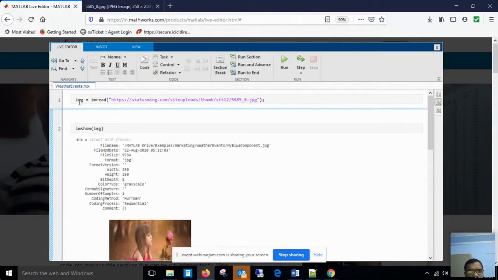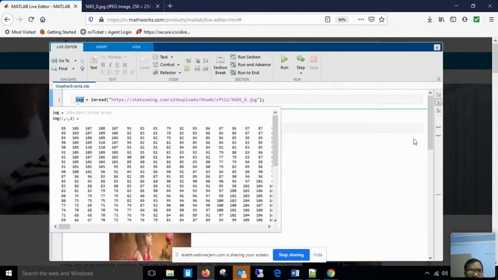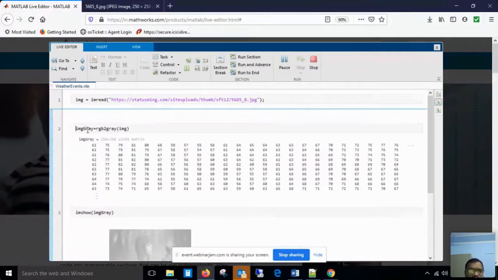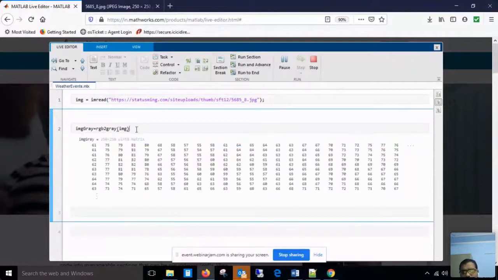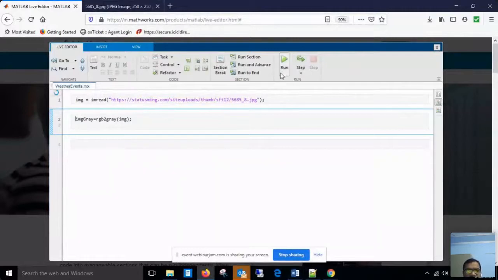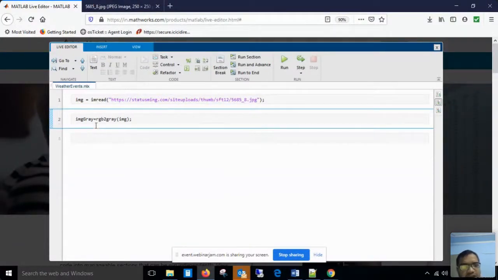So I have read my image and the original image is in img. This imshow is also not required; whenever it will be required, we will do that. Yes, img_gray is required. So for img_gray we can do the same, again putting a semicolon so that the output is not shown. I have condensed it and run. Both the commands have been executed, but output is not shown. So img contains the colored image components and img_gray is the grayscale value.